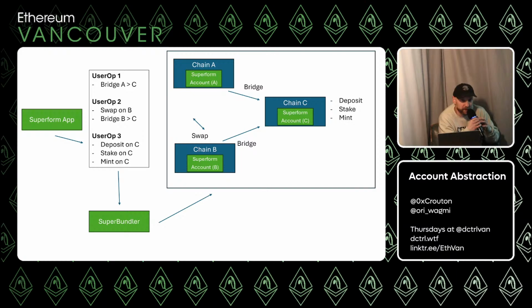I mean, we deal with that now, even in the V1 version. By the time you get to chain B, there can be something that reverts, and then you just have to have some mechanism to refund the user on whatever chain they executed from. So there's some mechanism in the event that something reverts, it'll get refunded at some step of the process on whichever chain makes the most sense. I'm sure that the smart guys are figuring that out.